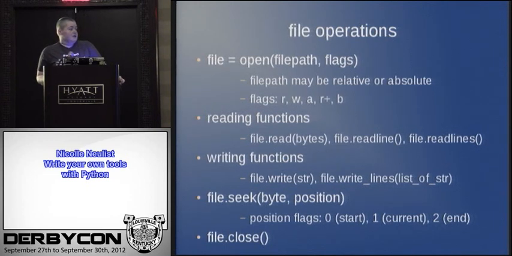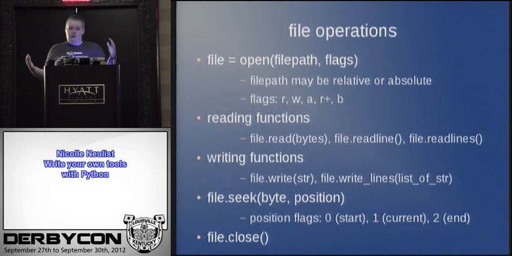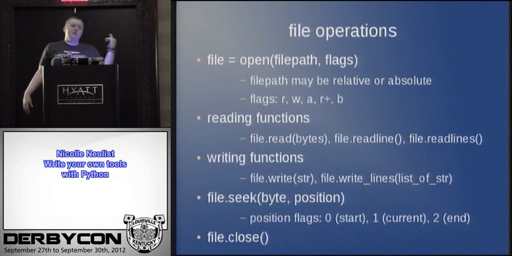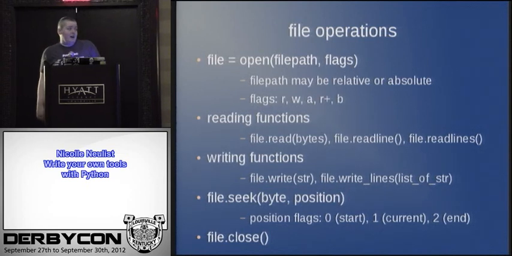File reading functions, you've got file read, where you start at the front of the file, and it will read that many bytes and then move the file pointer there. So then when you go back, you can read the next 64 bytes and the next 64 bytes, for example. File readline reads the next line in the file from the file pointer. And readlines pulls all of the lines in the file into a list, one list element per line, which is useful. I use file readlines a lot.